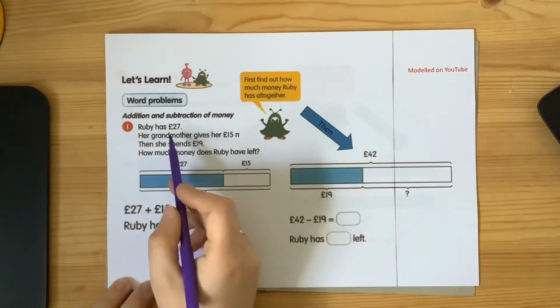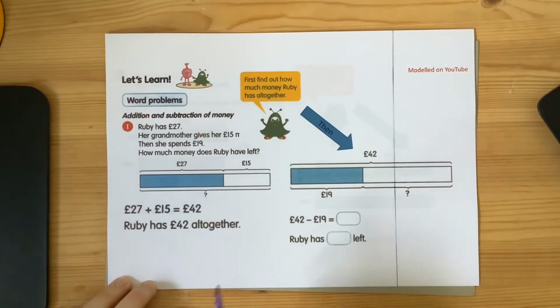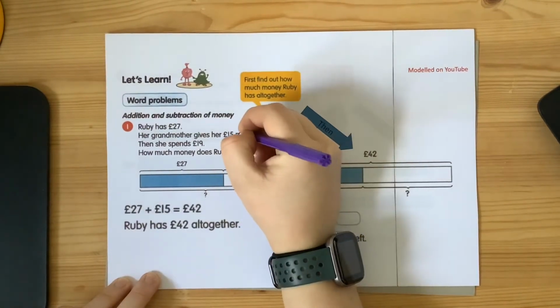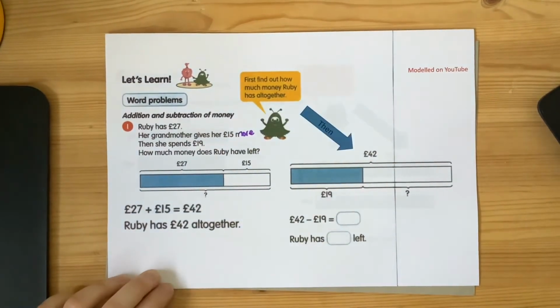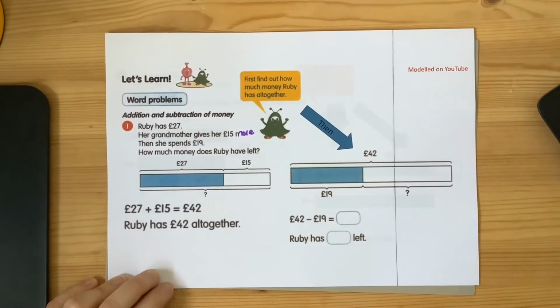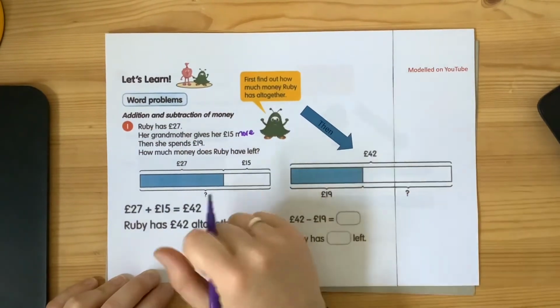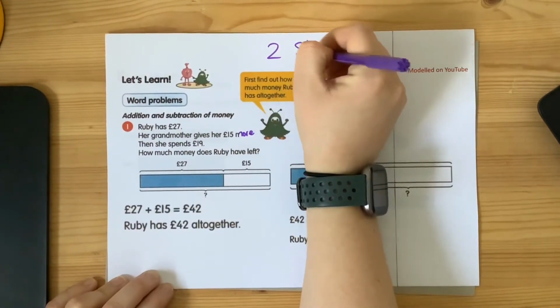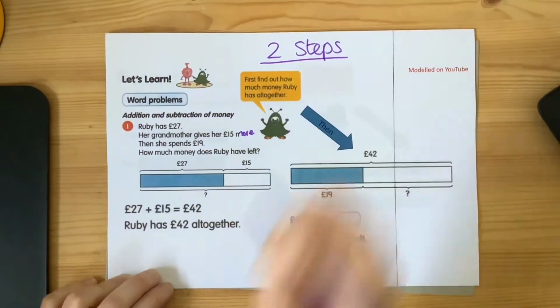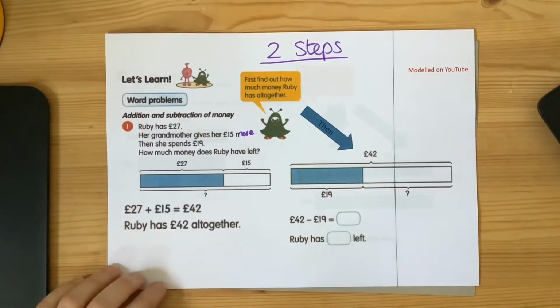So Ruby has £27. Her grandmother gives her £15 more. She then spends £19. How much money does Ruby have left? These 2 bars represent the 2 different steps because I have to do 2 things to work out the answer to this problem. The first thing I need to do is work out how much money Ruby had altogether, because